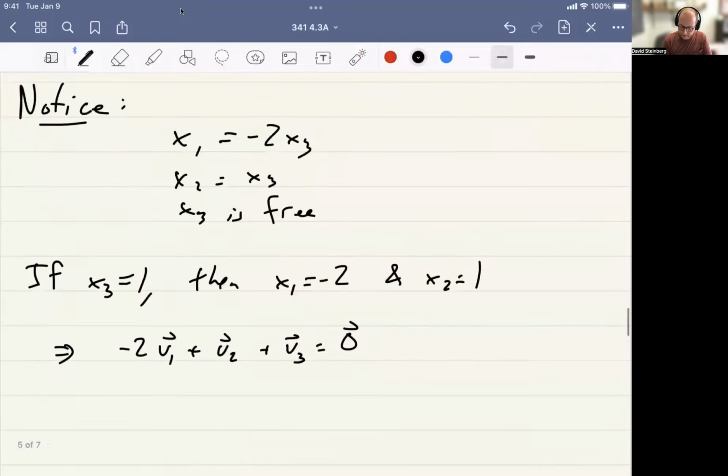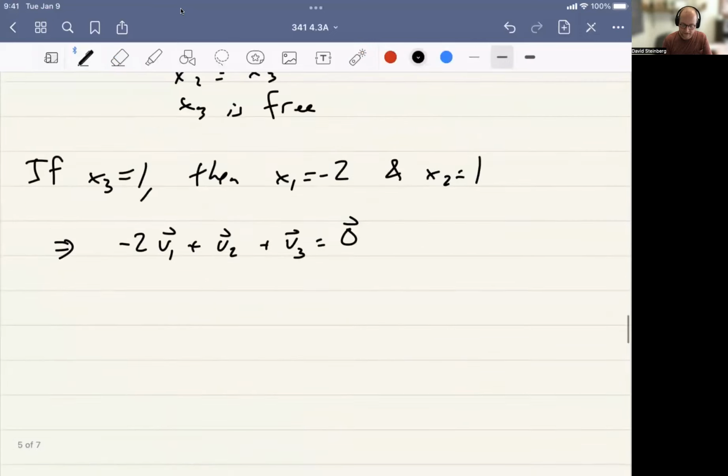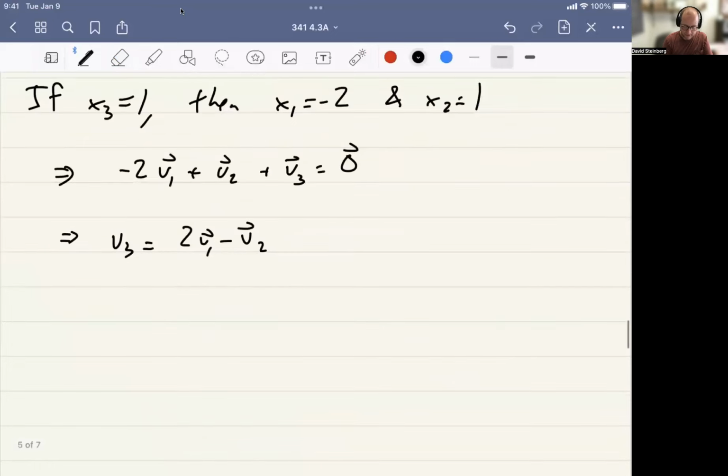So what do we want? We want the span of v1 and v2 to be actually everything here. So really we should express v3 in terms of the other two. I think that'll make our life easiest. So this means that v3 is equal to 2v1 minus v2. So if u is a vector in the span of v1, v2, v3,